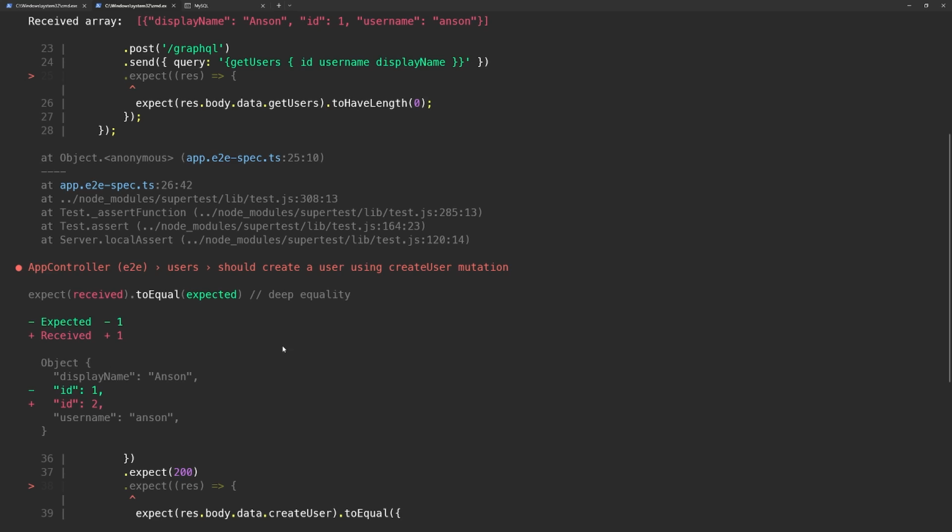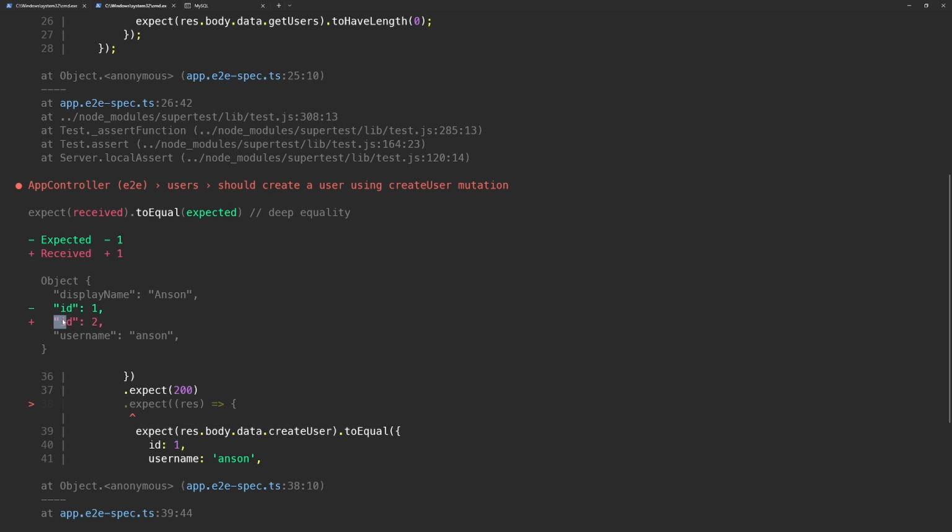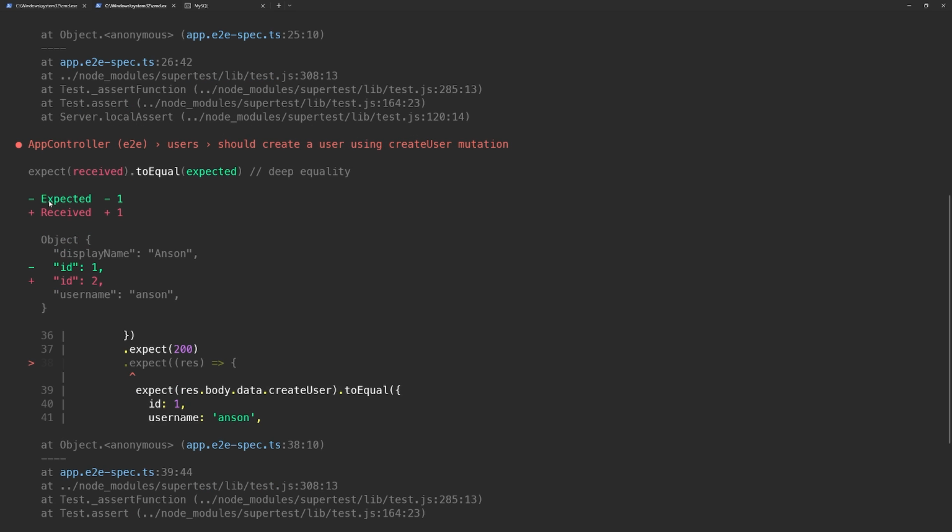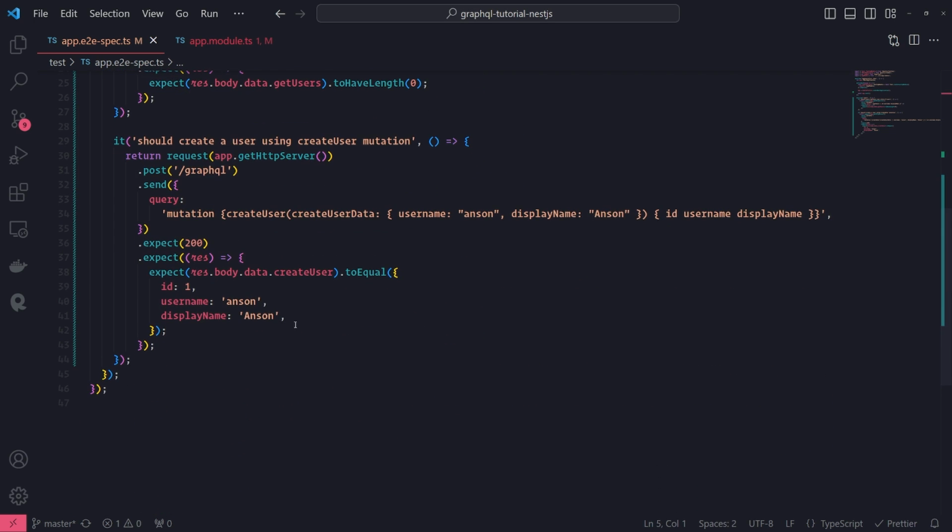Now, one thing that I do want to point out very quickly, which is relevant to what I was talking about earlier: if you don't drop the database, and let's say in this example we create another user, the second time we create the user, the ID will be 2. So you can see right over here, it expected the ID to be 1, but the ID is in fact 2. Because the second time we run the test, it's going to create a second user. That second user is going to have its ID auto-incremented in the database, so it'll go from 1 to 2. So that user's ID is 2, but when we return it from the server back to the client, we expect the ID to be 1, but it's in fact 2,